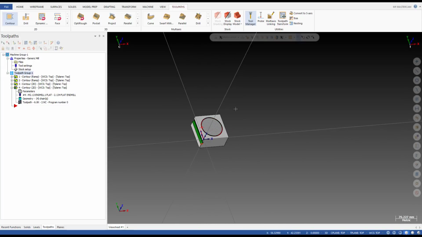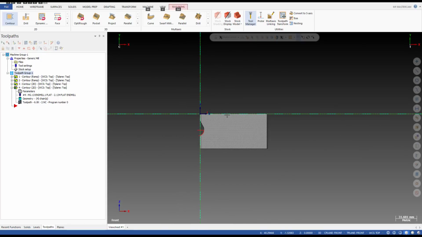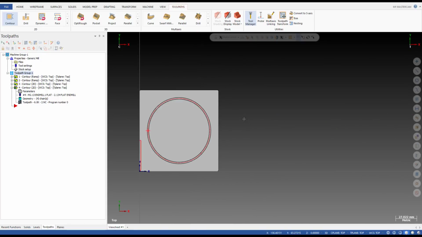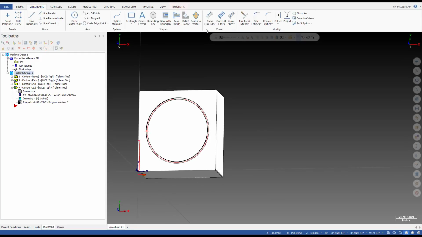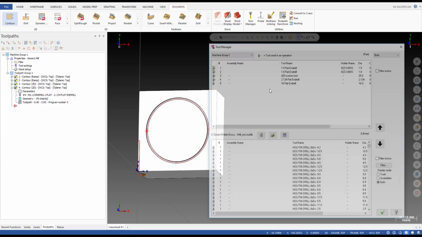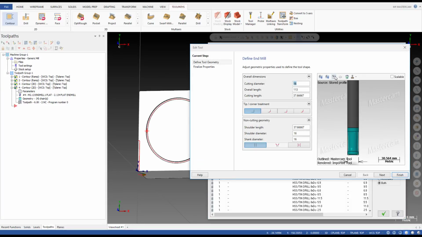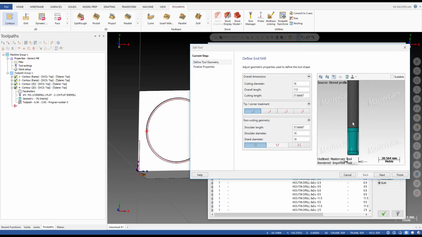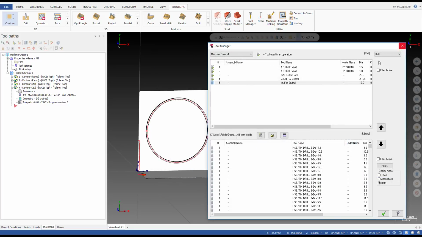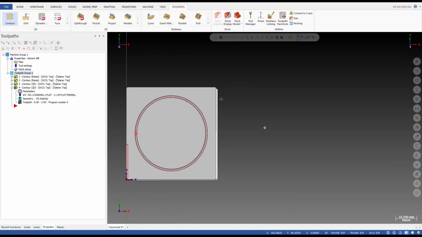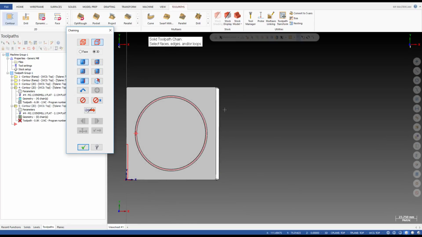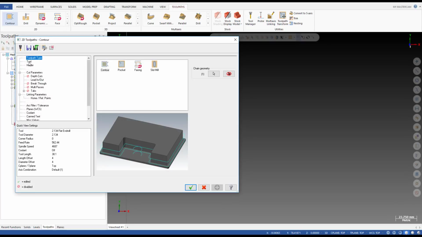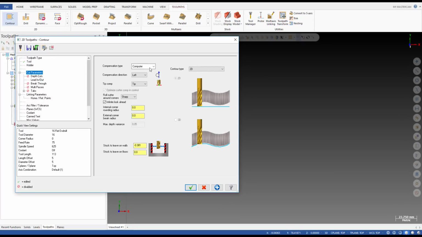Let me do a contour with the tool we just created for you to see. Okay, I will go back and do it again. You just need to click on this button, import and link custom geometry from a file. Click on this and you select the step file, and you got a tool very quickly. Okay, now I use that tool to cut a contour. Okay, I will cut this contour. I select this tool. Alright,